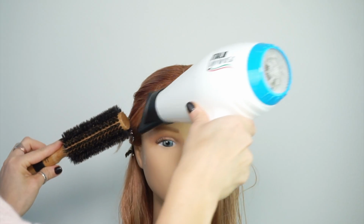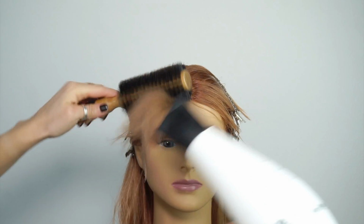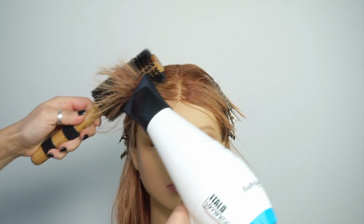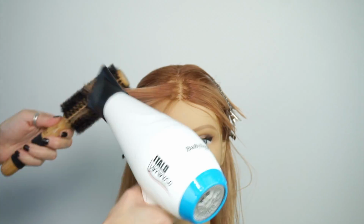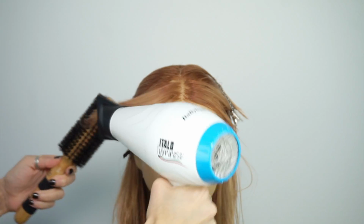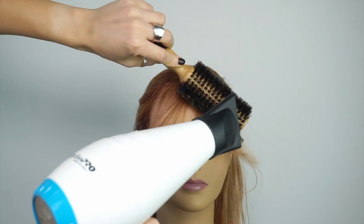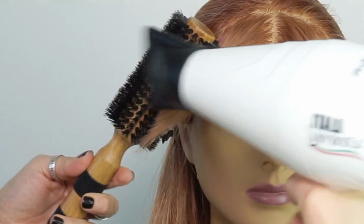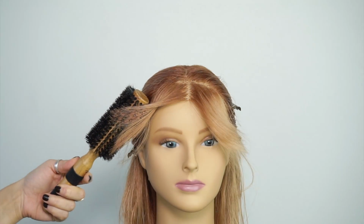And pull the hair in the direction that you want it to dry. So you twist the hair section by section according to how you want it to dry. Don't pull it up too high or else you'll get a ton of volume. You want to pull it downwards towards the floor, and that will give you that twisted effect. And you can see from those layers on the brush how the hair stacked on top of each other to create that nice twist and the layered effect that we need